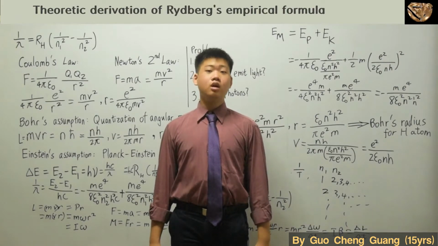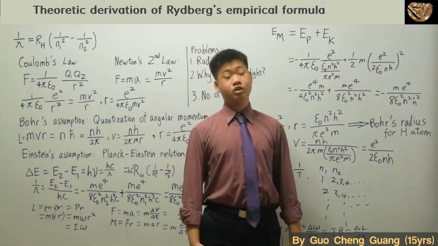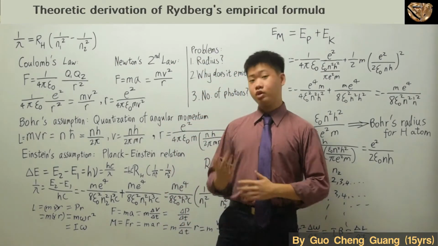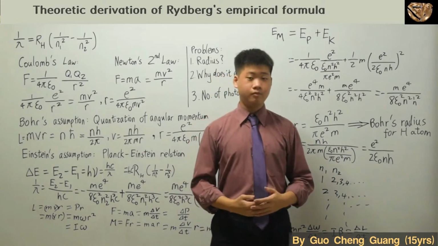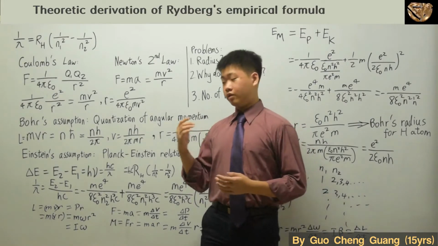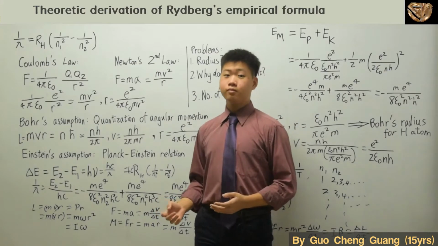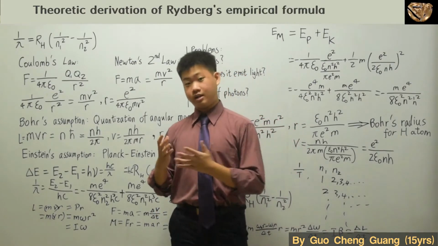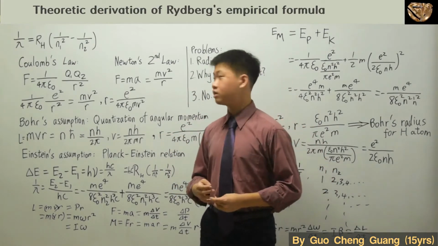In this lesson, we'll be continuing with physical chemistry, the hydrogen spectral series. For the previous few lessons, we were taking a look at Rydberg's empirical formula. Empirical formula means that when Rydberg first discovered it, it was through a series of experiments. By the results, he concluded that he has this formula, and in fact it is quite accurate, since in